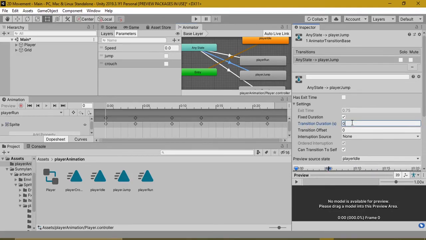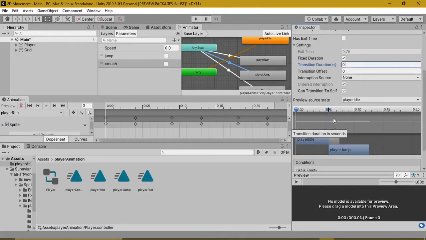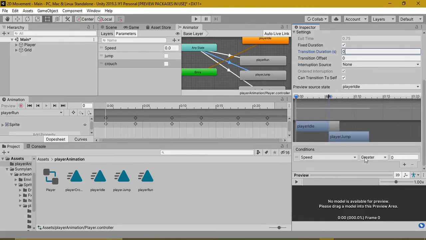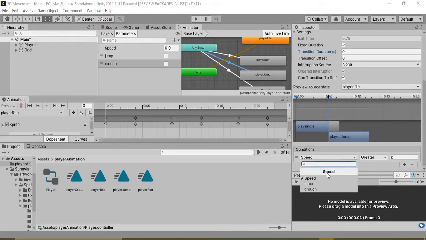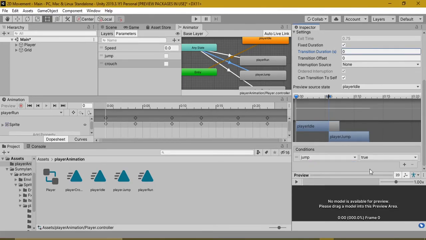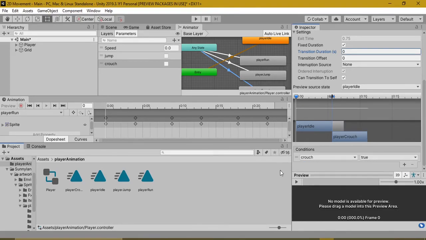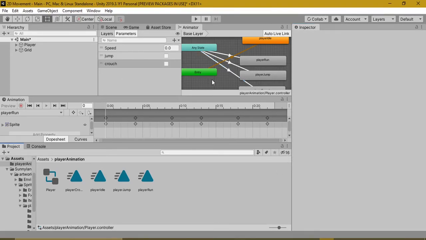So again we'll set our transition duration to 0. We'll remove fixed time, and we'll put jump is true for player jump transition, and crouch is true for player crouch transition.